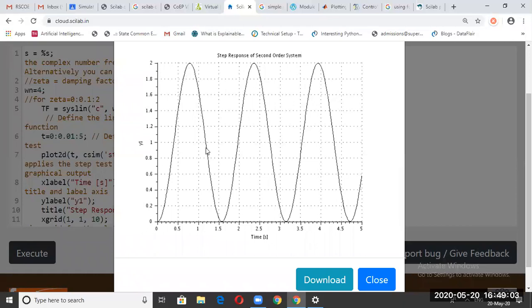Now the omega n is actually the frequency, and you can measure the frequency on the time axis here, right? And you can see the constant amplitude here, and constant oscillations where the damping factor is 0, right? So here the damping factor is 0 now. Is it okay? Clear with this?